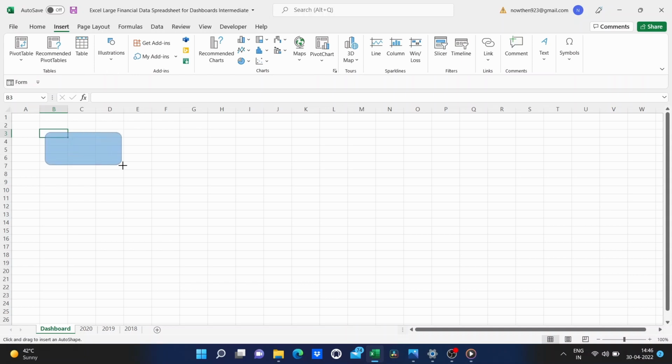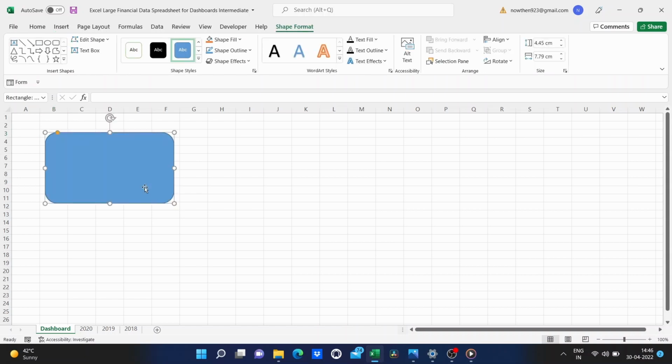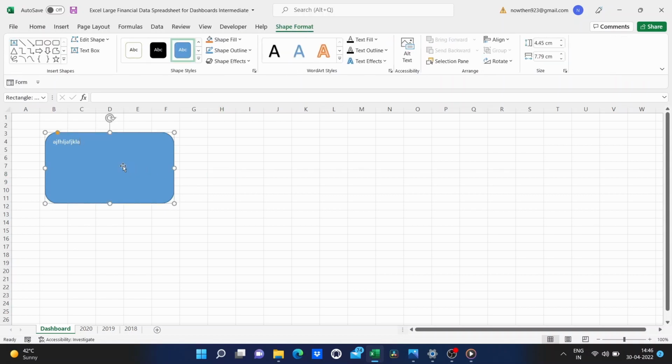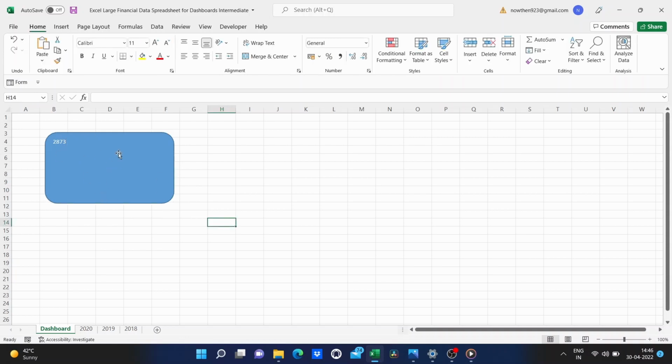Alright, and I would like my current year, let's say 2020, total gross sales to appear here. I want it to appear here in this blue box. Now, I can click on the box and I can type in text, I can type in numbers, and I could just figure out what the gross sales number is for 2020, and I could just type it in here. But there's nothing special about that, right? It wouldn't get updated as more items sell.